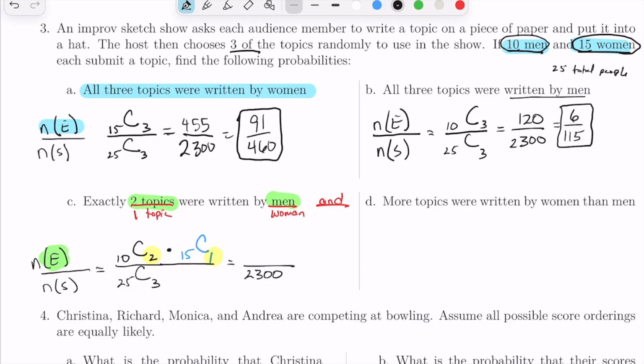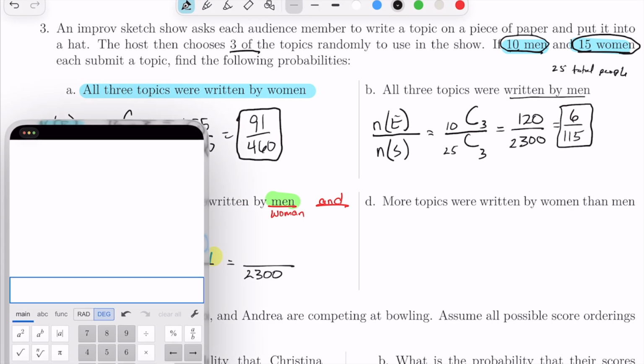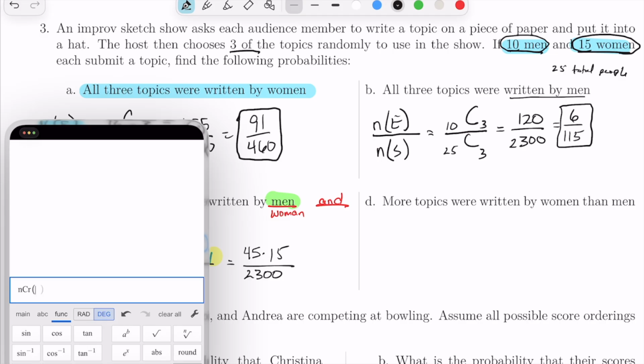And then on top, we've got to do 10C2 times 15C1. 10C2 is 45. And 15C1 is actually just going to be 15, but I will verify it for you. Also because sometimes I mess up and make silly mistakes, so I always like to double check myself. So that means we have 45 times 15 in the numerator, which is 675